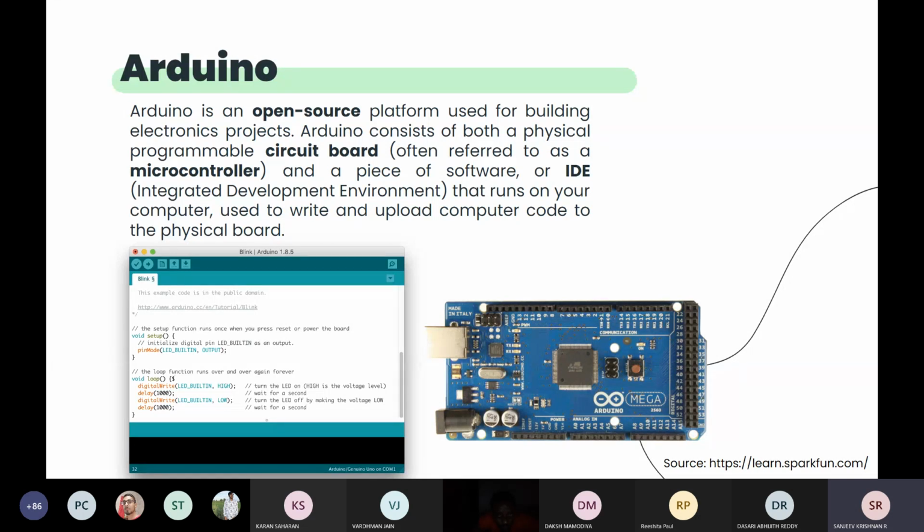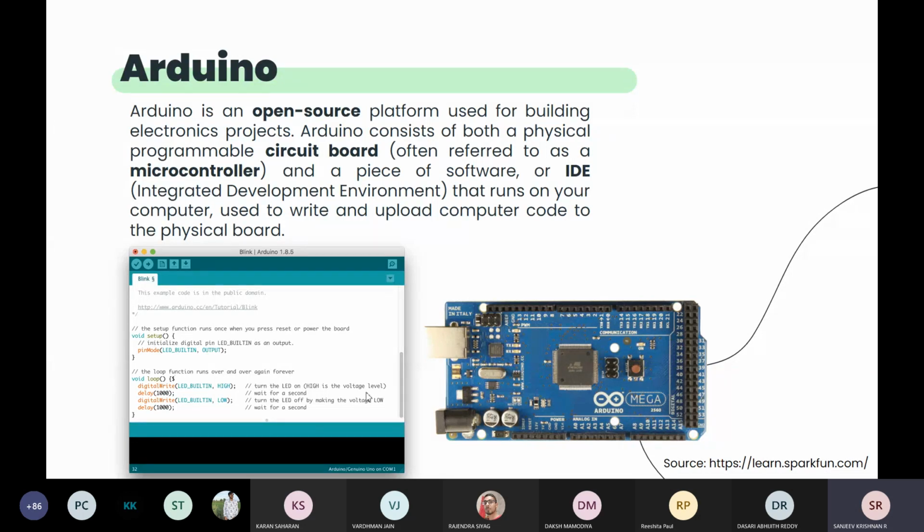Okay, so Arduino has two components basically. One is the physical hardware, the development board or the circuit board, this board, and the second thing is the IDE, the software. IDE is also known as integrated development environment. Like when you run C++, Turbo C is an IDE. And like PyCharm when you run Python, people who know coding might have some idea. PyCharm is an IDE where we develop code, run it and test it.